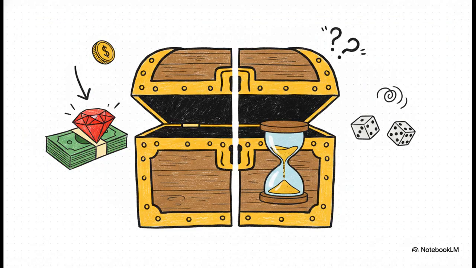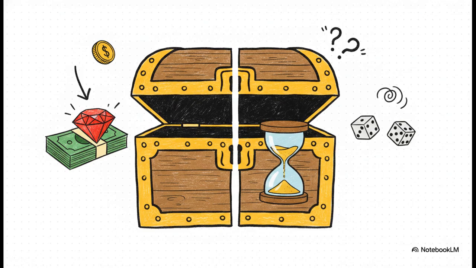Because of this dynamic, your option's total premium price is broken down into 2 main components, intrinsic value and extrinsic value. Intrinsic value is the immediate, tangible profit you'd make if you exercised an in-the-money option right this very second. Extrinsic value, on the other hand, well, that's the premium paid for the time remaining until expiration.